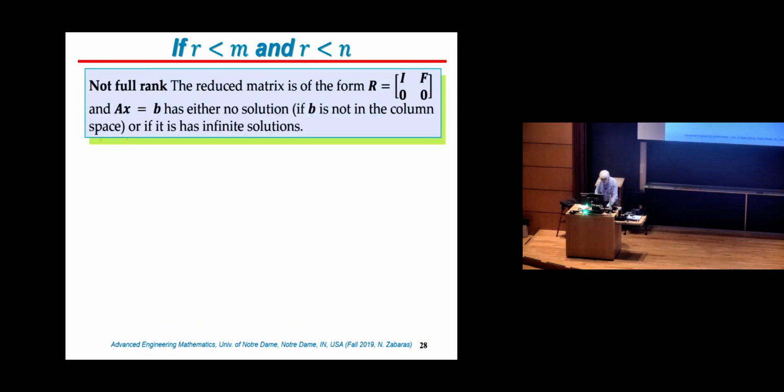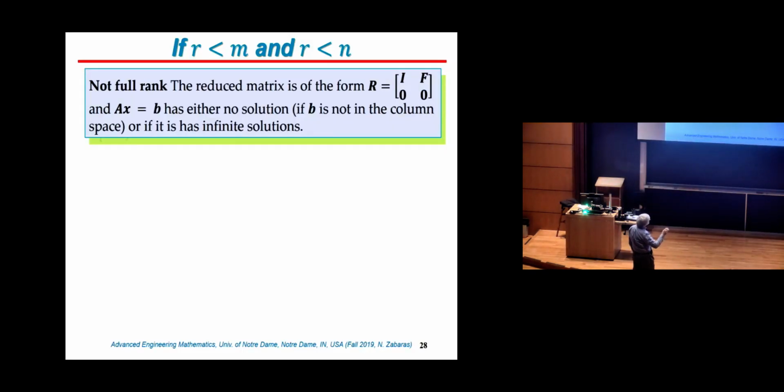Rather than doing infinite examples, I'm going to take the most general case and summarize all possibilities here. There's nothing you can go wrong. Actually, if you study the next slide, it contains everything from the last 3 lectures, okay? So remember that when you do this reduction by taking linear combinations of rows,